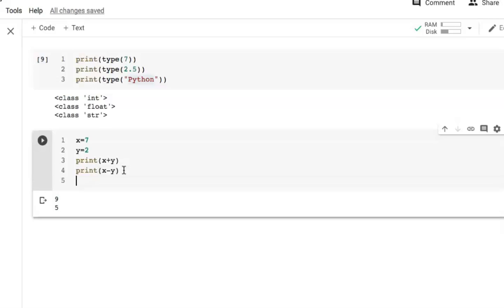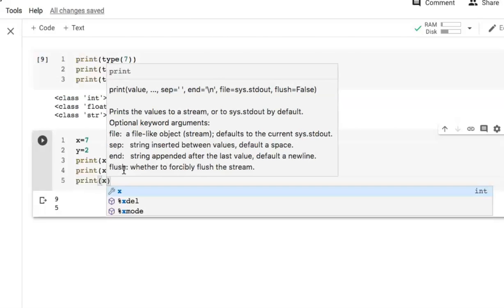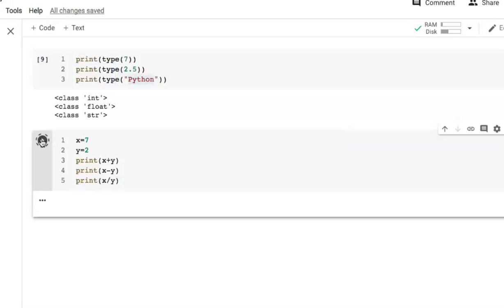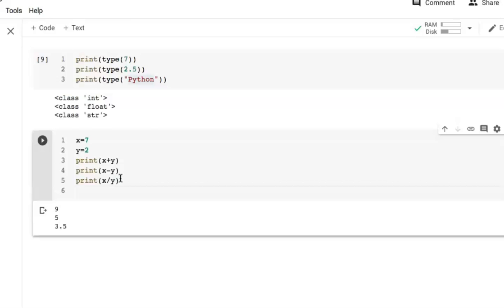Now let's try for division. Write print, inside the parenthesis x divided by y. Let's run this, and we got output 3.5. Now try modulus.